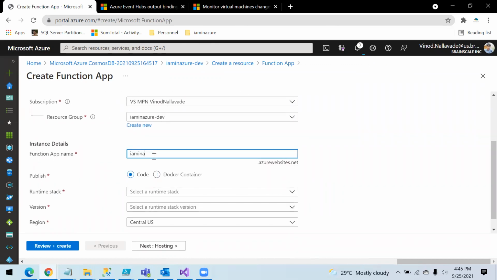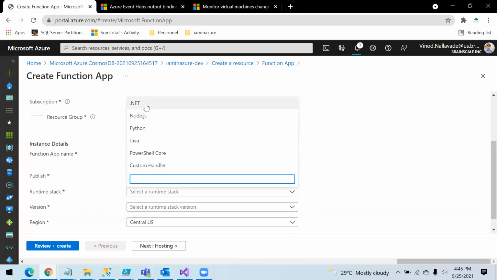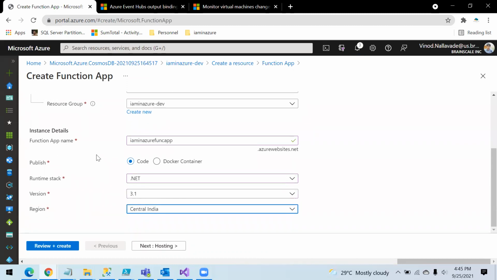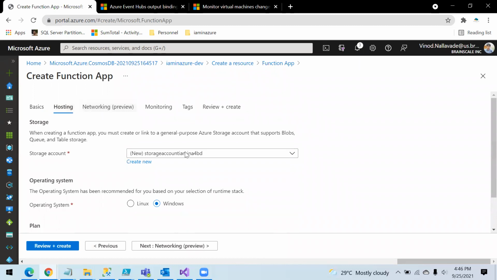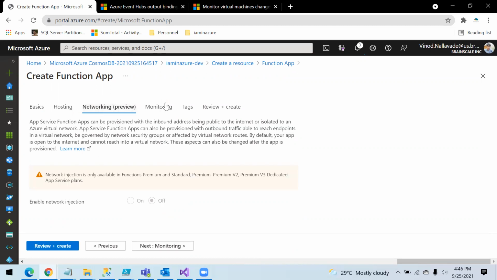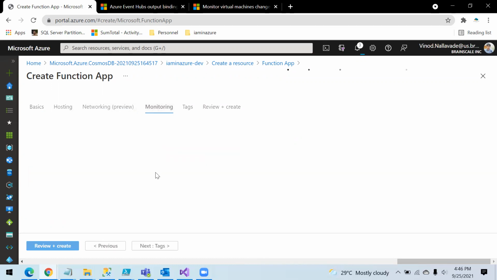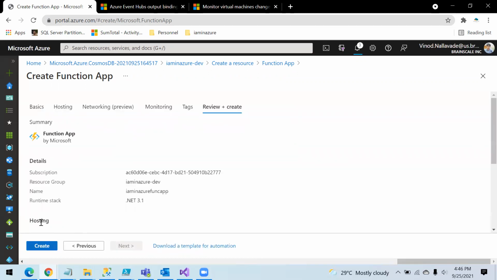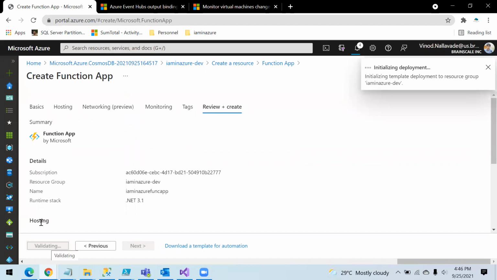So this is I am in Azure function app. Fine, this is the one. Then the runtime environment, I'm choosing it as .NET. Actually you can use any environment based on your requirement. It can be Python also. So let's just go with this and create a storage account. I'm fine with this name for now. Then monitor section, I don't need any kind of monitor for now. So let's just disable this and create. This will create a function app.